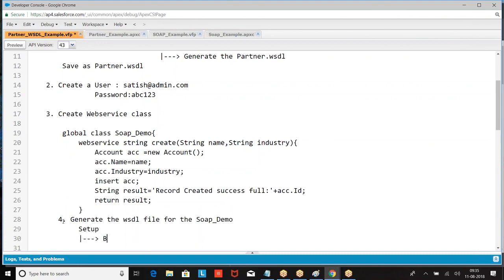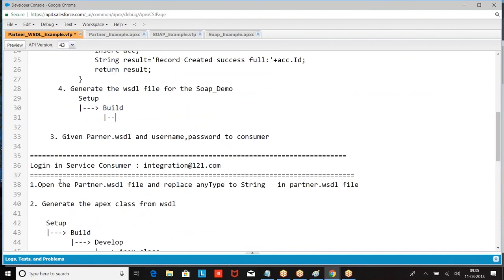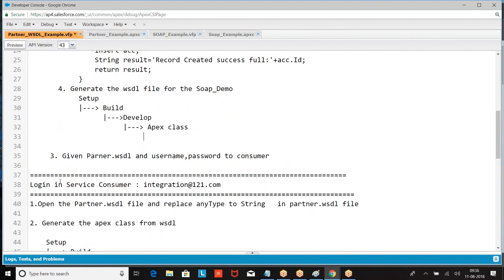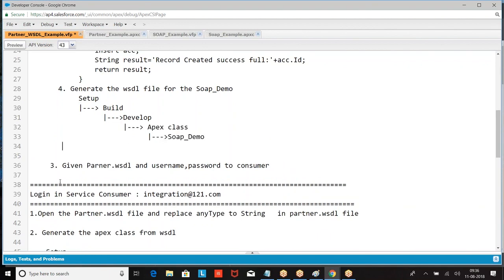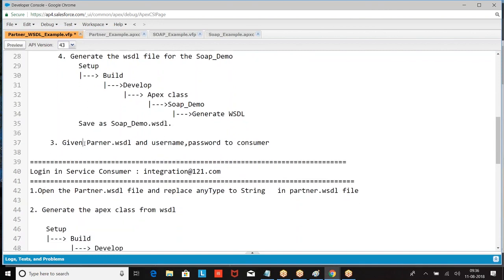Setup, build, Apex class. Save as. Now, give the partner WSDL file,